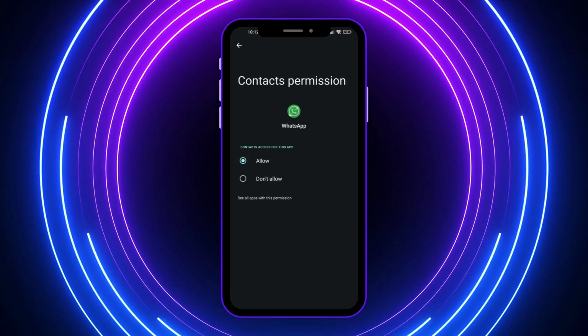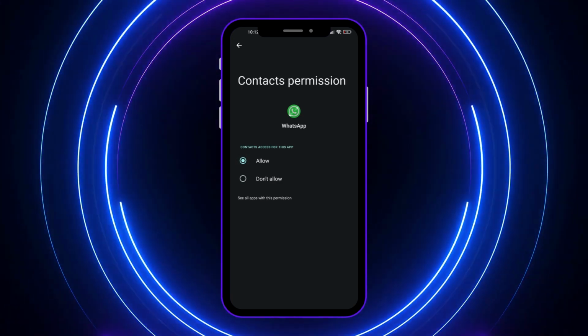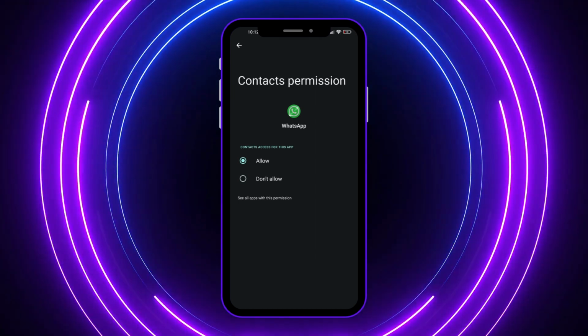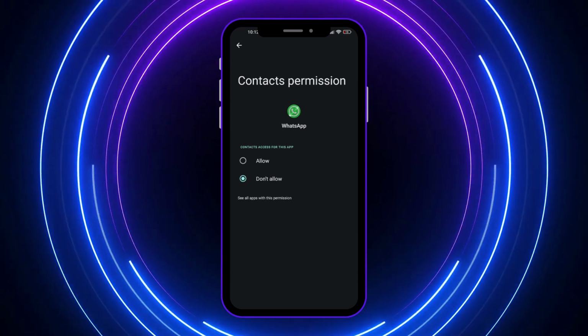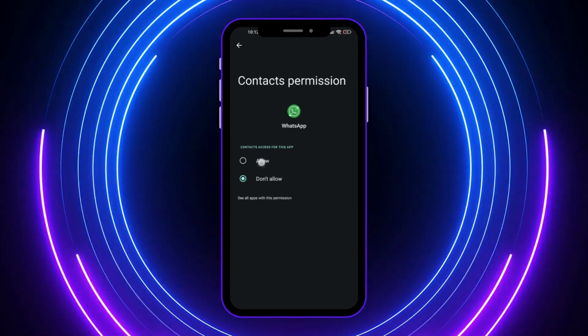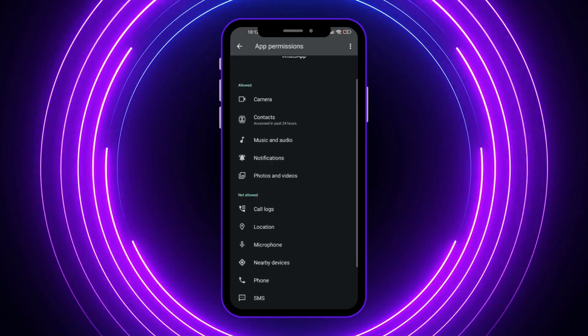that your contacts won't be showing up on WhatsApp would be that its permission for the contacts is set to like this. It's don't allow. That is why you need to set it into allow like this one,